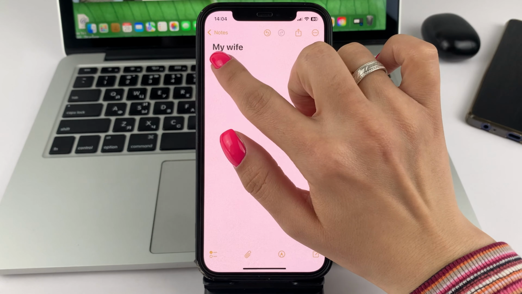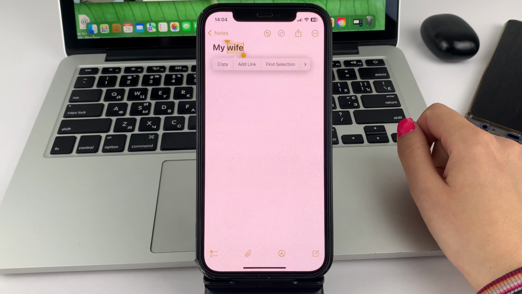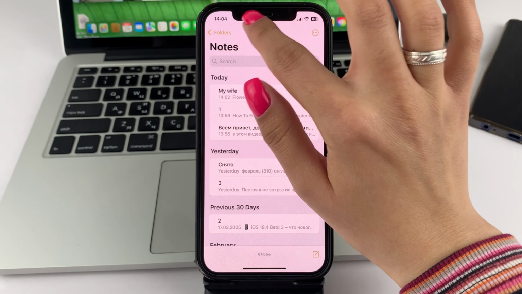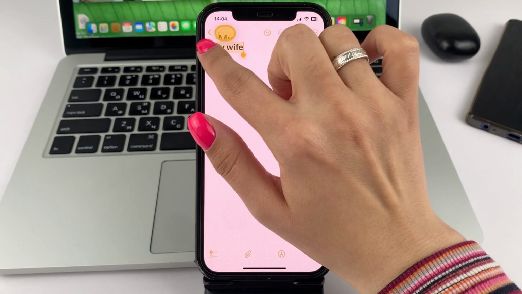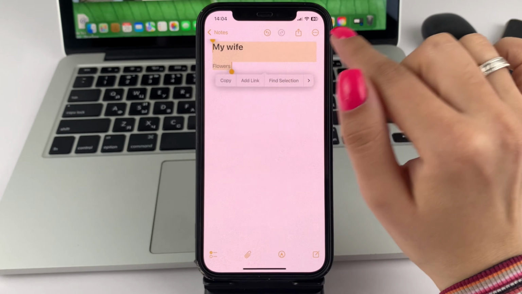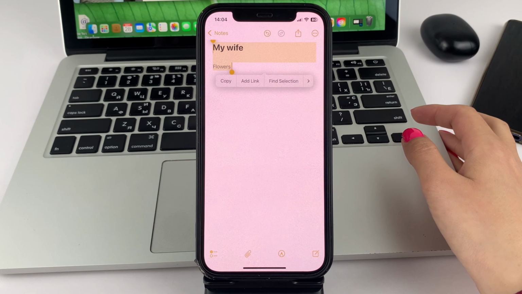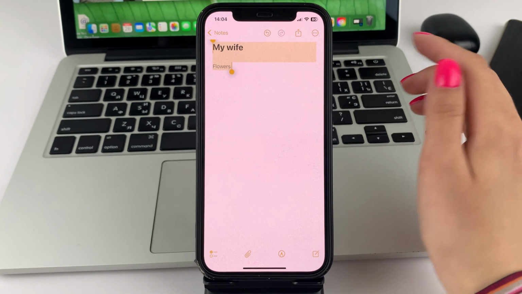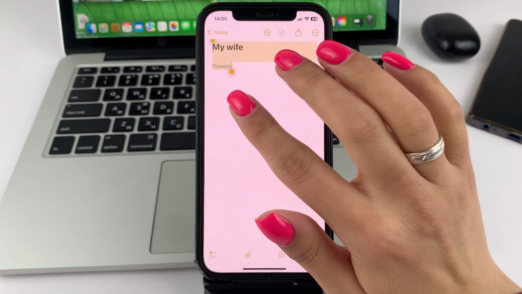And here you will need to click on the text and hold down on it. As you can see, the text will take on this little yellow box, and you can extend it and drag it to wherever you need it to copy. Or you can just select Copy All or Select All. Now click Copy, and the text will be copied.